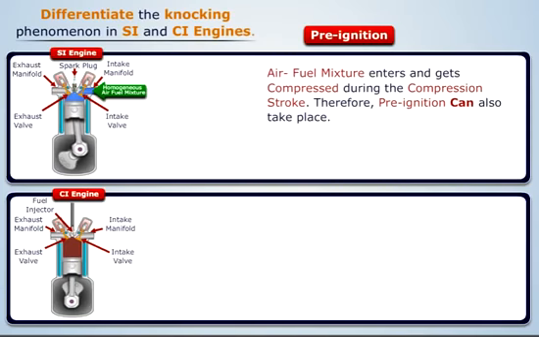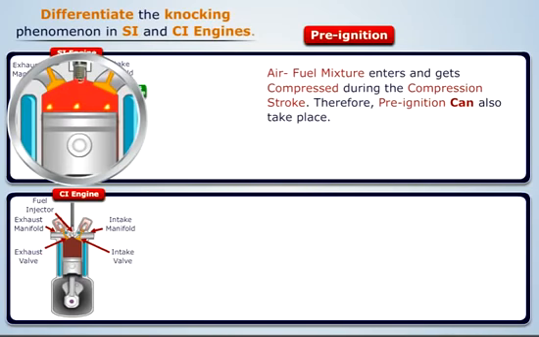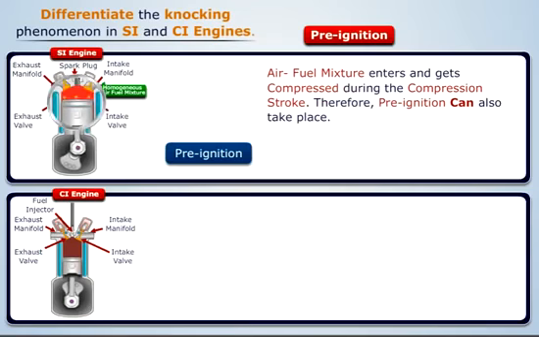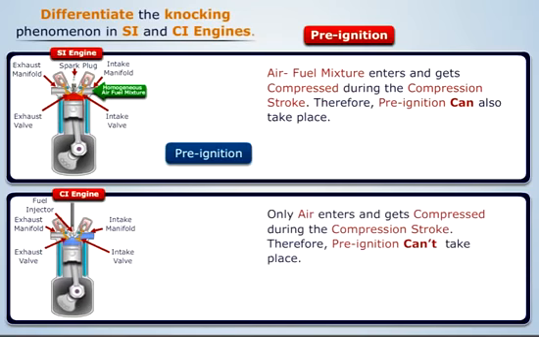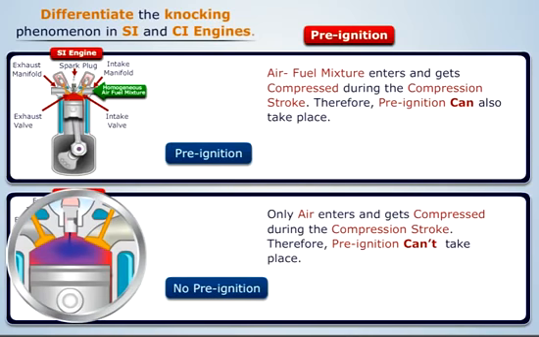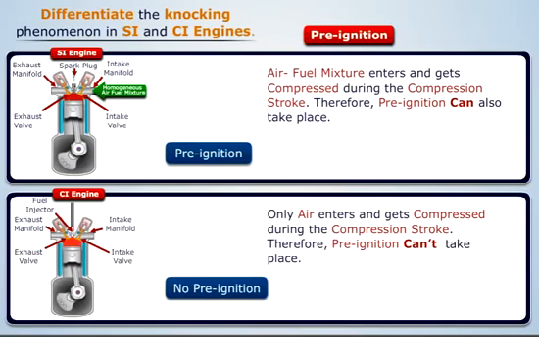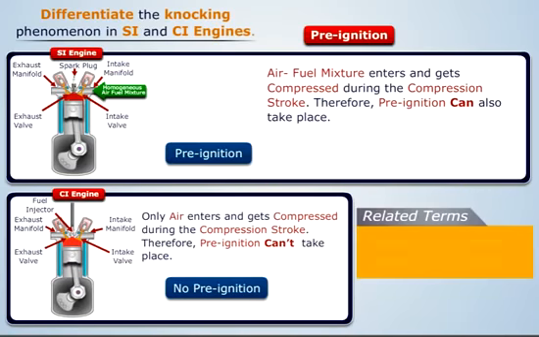In an SI engine, the air-fuel mixture enters and gets compressed during the compression stroke. Therefore, pre-ignition can also take place. Whereas in a CI engine, only air enters and gets compressed during the compression stroke. Therefore, pre-ignition cannot take place. The related terms are